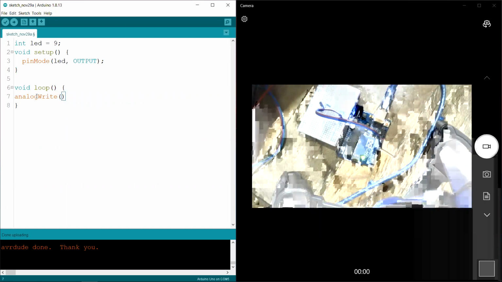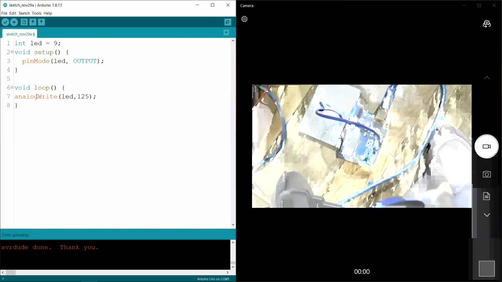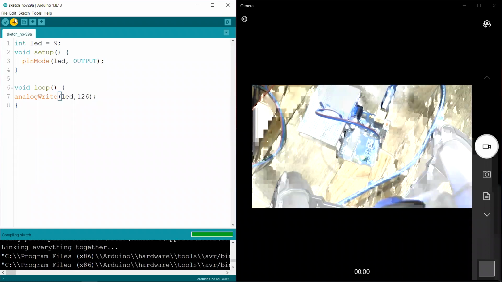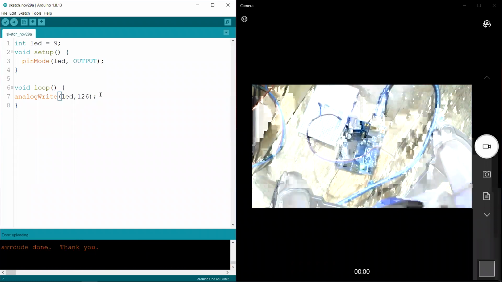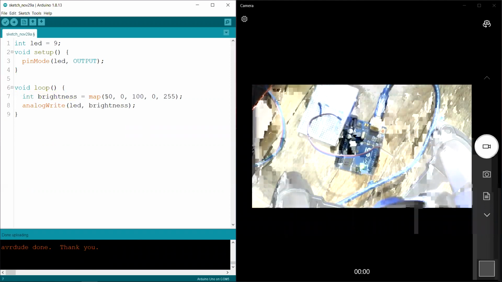We have to divide 255 by 2 and type in that. So this is the exact same thing, but for a 50% value, we have to divide and do the math. But if you are going to use the map function, we don't need to do that. We can just say 50% brightness and it is going to do that for us, right?